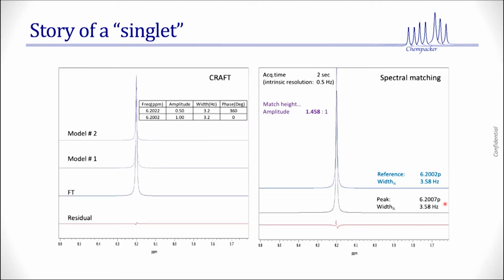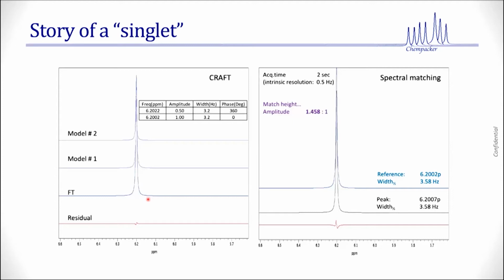But actually, that singlet is not a singlet. When you do a time domain analysis, it comes back and says there are 2 models. One is at 6.022 ppm, and the amplitudes are 1:2, and so on and so forth. I know this is correct because this is a synthetic signal. Absolutely, you are going to say, oh yeah, you are cheating. You knew it and you are throwing it in. The point is not about whether this is right or that is right.